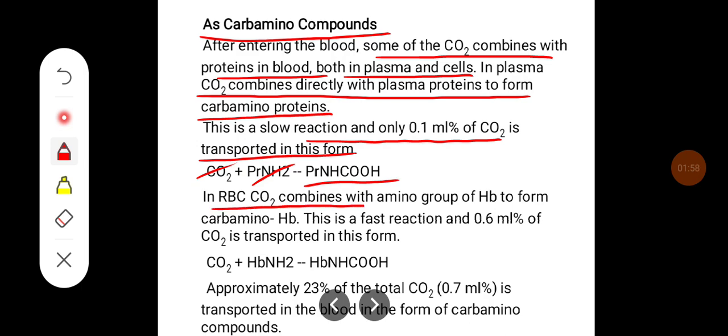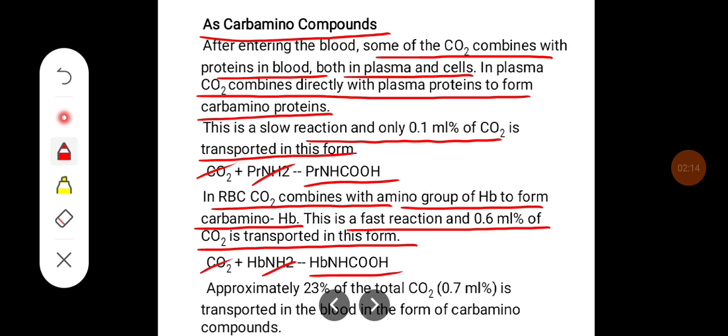In RBC, carbon dioxide combines with the amino group of hemoglobin to form carbamino hemoglobin. This is a fast reaction and 0.6 ml% of the carbon dioxide is transported in this form. Again, carbon dioxide combines with the amino part of the hemoglobin to form carbamino compound. Approximately 23% of the total carbon dioxide, that is 0.7 ml%, is transported in the blood in the form of